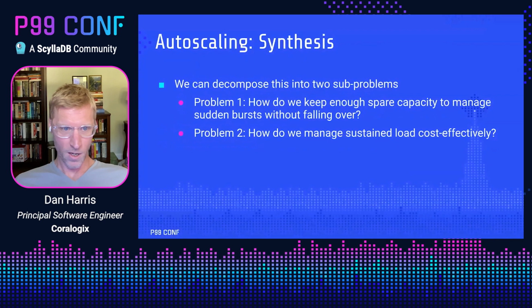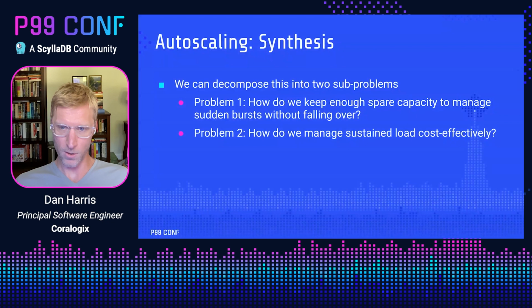All right, so how do we synthesize this? Really, we can think about this as two distinct subproblems. Problem one is, how do we keep enough spare capacity so that we can manage sudden bursts and requirements without falling over or providing a really slow experience for our users? And the other problem is, how do we handle sustained load in a cost-effective way, right? So we want to provide a good experience, but we also want to do it at a reasonable cost